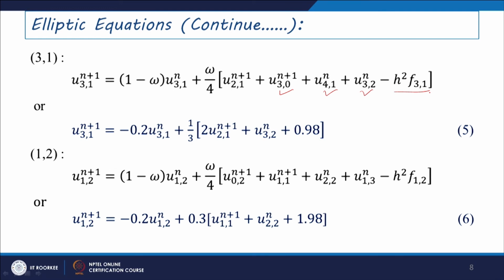If you just see here, this u30 value is nothing but 1 there itself, and this is nothing but minus 0.02. But this u41 can be updated from the values of u31 and u21 there itself. So obviously you can write this as (u41 minus u21) by 2h, that is nothing but u31 here. So you can multiply 2h into u31, and with the multiplication of omega by 4 here,